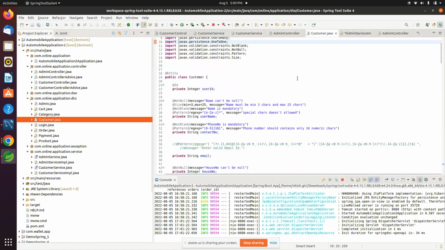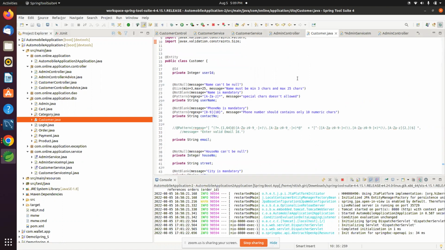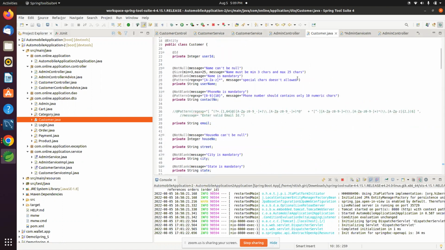Yes, sir. Okay, look here, guys. All of you, please make your primary keys generated automatically. Have you given your IDs or primary keys manually anywhere in any of the applications so far? No, we have to take auto generation. There is an annotation called @GeneratedValue, no? Please make use of the generated value.